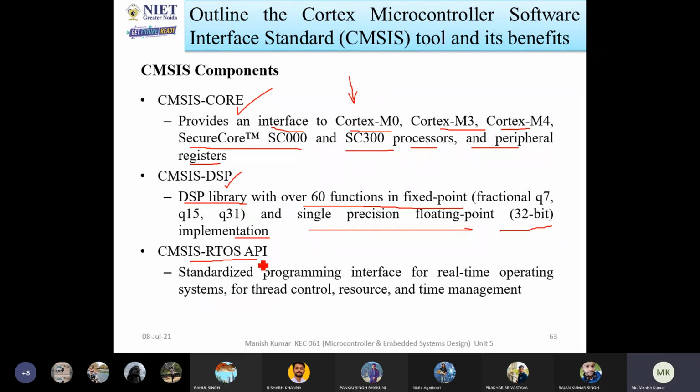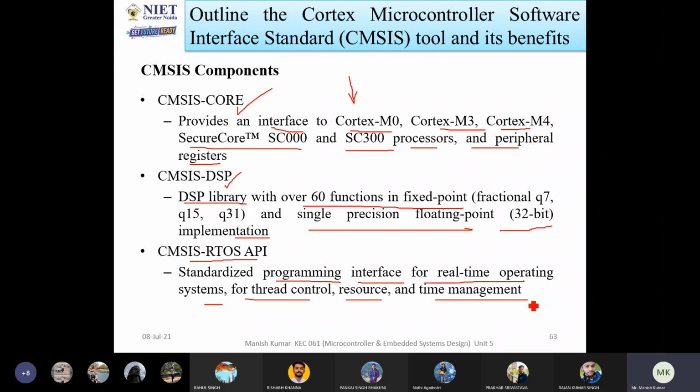CMSIS-RTOS API. It is a standardized programming interface for real-time operating systems for thread control, resource, and time management. Now, 99.99% of the devices which you are going to make as IoT devices will use an RTOS, a real-time operating system.